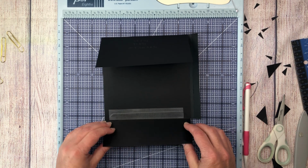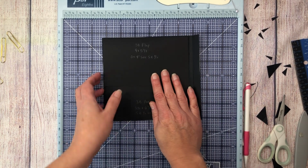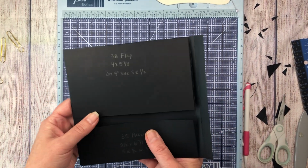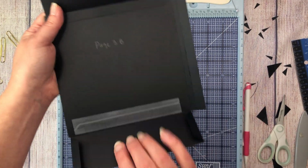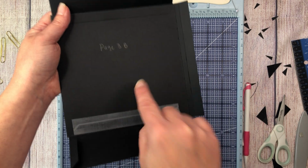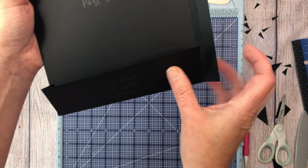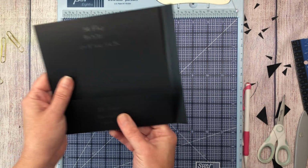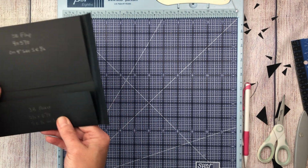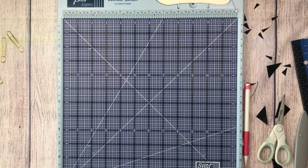That is page 3B. Okay, so then you can do your decorating on all the sides. Once you get your pattern paper in here, then you just glue your pocket down, and then you have your flap. Okay, so that's the back of page 3. Now, here we go with